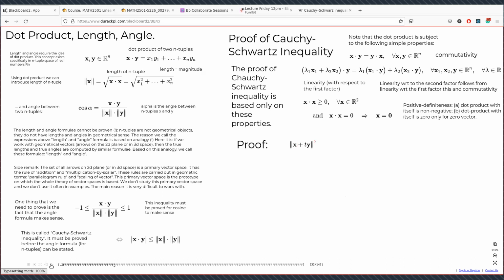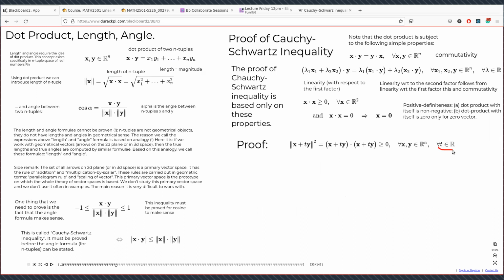Right, proof. Yeah, that's how it goes. It's a very simple proof. You see, I don't need much space. The entire proof will fit into a quarter of my screen. My first observation is that I can consider this interesting vector, x plus ty, where x and y are n-tuples,